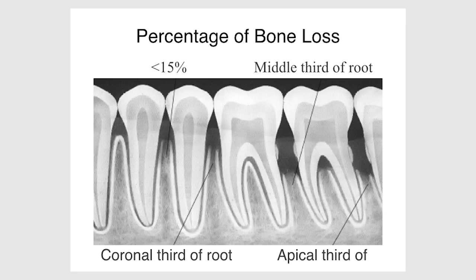I have this picture up here so you can see quickly what the bone levels would look like on a radiograph, differentiating between 1 and 4. What we're looking at here is the percentage of bone loss. You should know how to figure that out, and if you're not sure, go online and make it a project to understand how percentage of bone loss is calculated. But we are trying to make this work within a small time frame in your chair, so that you can actually get to doing some debridement.